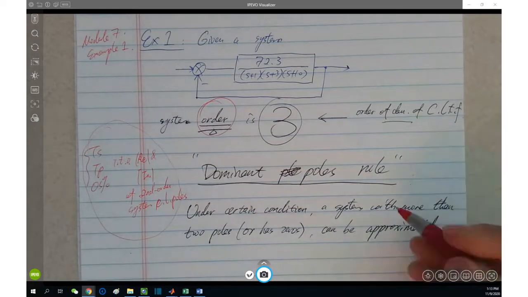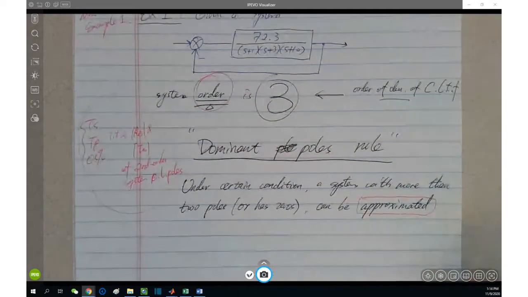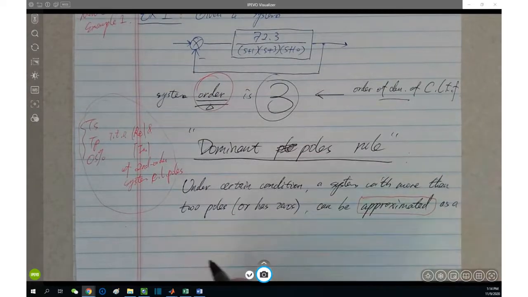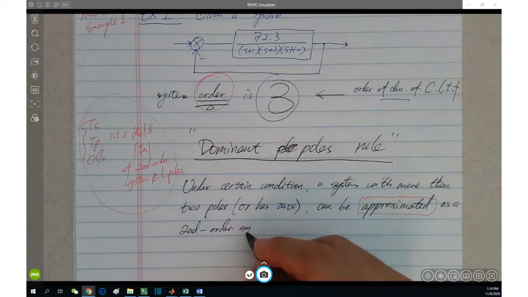Yeah, this word is very important. It tells a lot, right? Not accurate, but approximated as a second order system